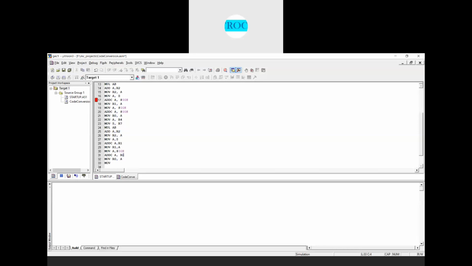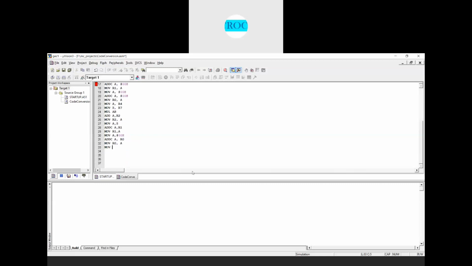Next I need to multiply the next numbers. We have stored the higher 8 bits in R0, the next 8 bits in R1, the next 8 bits in R2, and the lowest 8 bits in R3 here, so that we keep on adding the intermediate results in R2, R1 and R0 registers, right? Next, 43 needs to be multiplied with